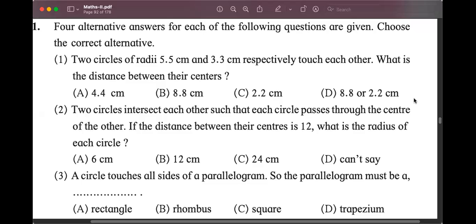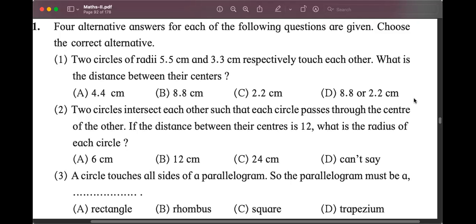The problem set 3, one of the biggest problem sets, or maybe the biggest problem set in the entire chapter, in the entire textbook, follows the same structure. First, question number 1 has multiple choice questions, and this is how your board exam question paper will also be. Question number 1A will be multiple choice questions, 1 mark each. That does not mean that nothing needs to be written. Things need to be written, thought, worked out before writing the answer correctly and carefully.